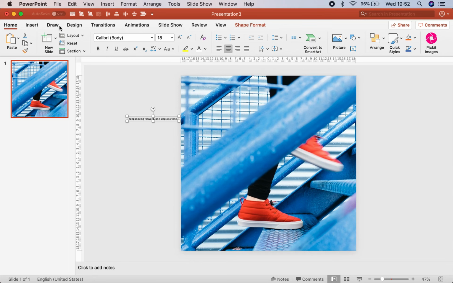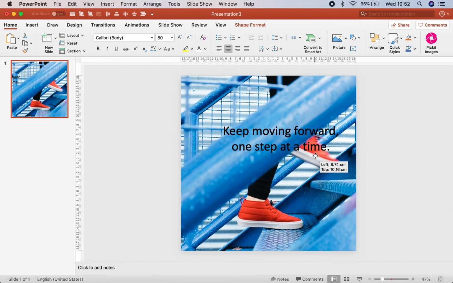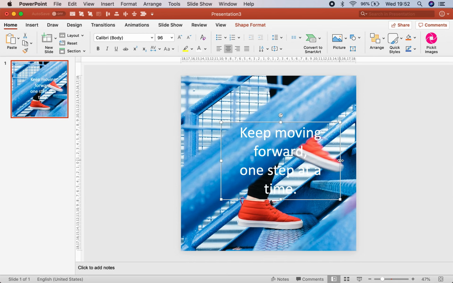When you press escape, if you're on home, right, you can come here and you can change the font size to, I don't know what's going to be good, 40, 80, right? And then we just press enter or something so that they're all in one place, or we can reduce here, right? So we have that. We need to see it, so we make it white text, and then we can increase it a little more, say 96,